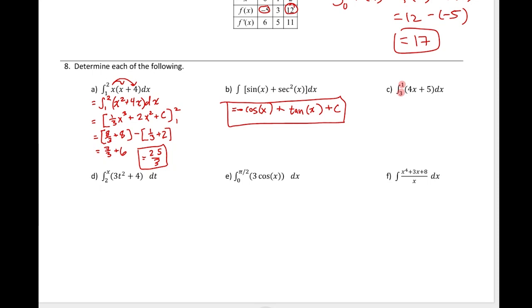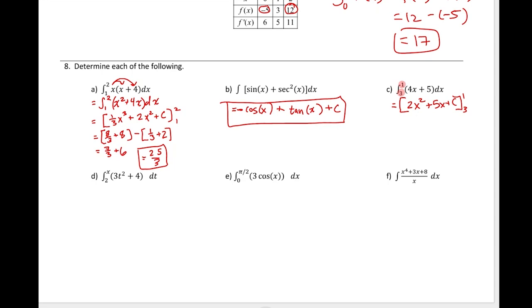Now, if you're going to evaluate this using the fundamental theorem, you actually don't have to worry about that. Okay, you just be careful about what you're going to plug into x here. So let me show you what I mean. We can just sort of ignore the whole negative opposite boundary thing and anti-differentiate 4x squared. That's going to be 2x squared plus 5x plus c. And then I'm just going to go from 3 to 1. So notice that the boundaries, I'm leaving them backwards, but that's going to take care of itself once I start